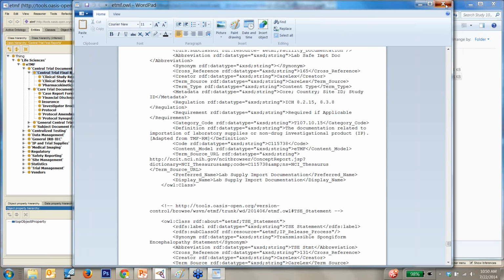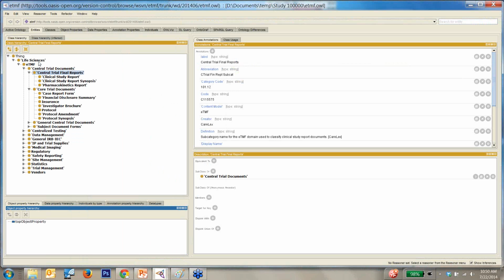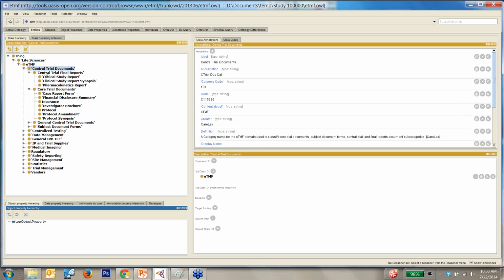this is all standards-based stuff, and that's one of the reasons we selected it. This is a tool from Stanford University called Protégé. It's one of the, I think, most widely used tools for editing RDF XML, and it provides you with a way to import the OASIS eTMF model, which I've done here. And you'll see the eTMF hierarchy here organized at a root level with categories and subcategories, and what we also